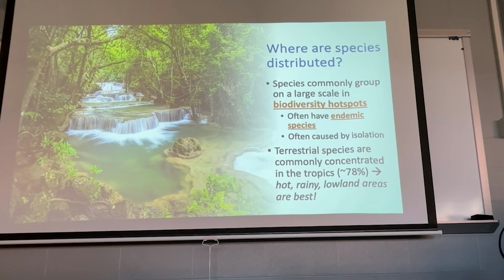So these biodiversity hotspots typically have very stable environments with lots of nutrients, lots of water. Temperatures don't change much. Rainfall is very predictable. Typically it could be year-round, or there's a rainy and dry season. And there's very little extinction that happens because the environment's stable if it's undisturbed.